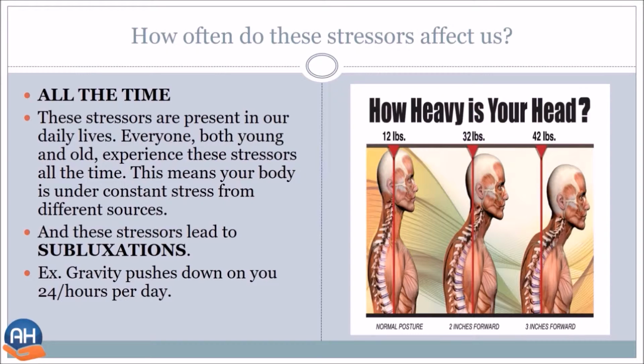Looking at the picture, you can see how heavy your head is. Now, gravity's constantly pushing down, but if you bring your head a little bit forward, about 3 inches, it can actually be equivalent to about 42 pounds being pushed down instead of 12. A lot of people have problems with this because of their cell phones. If you look down at a 60-degree angle, it is equivalent to an 8-year-old sitting on your head.